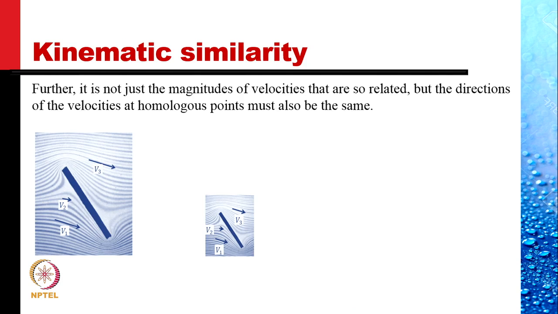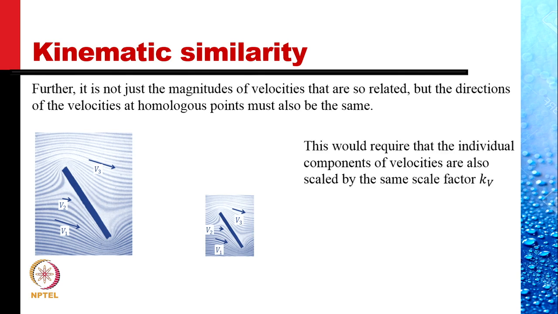Further, it is not just the magnitude of velocity that is so related, but the direction of the velocity at homologous points must also be the same, as shown in these two pictures, one a prototype and the other a model. The velocities V1, V2 and V3 in the prototype and the model have exactly the same directions. It should be clear that this would require that the individual components of velocities are also scaled by the same